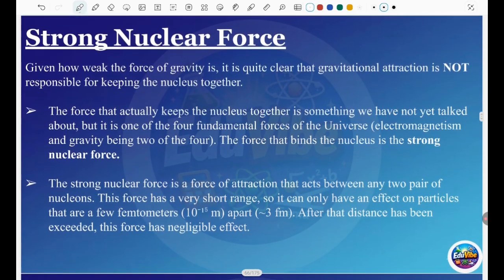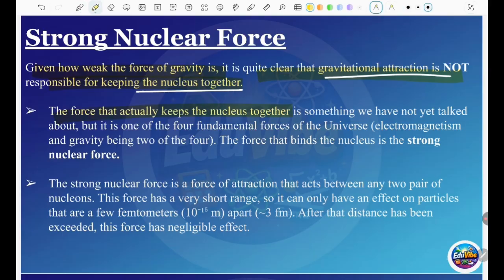So let's start moving to the strong nuclear force theory. Given how weak the force of gravity is, it is quite clear that gravitational attraction is not responsible for keeping the nucleus together. The gravitational force is not the reason the protons and neutrons stay bound in the nucleus. The force that actually keeps the nucleus together is something we have not yet discussed,